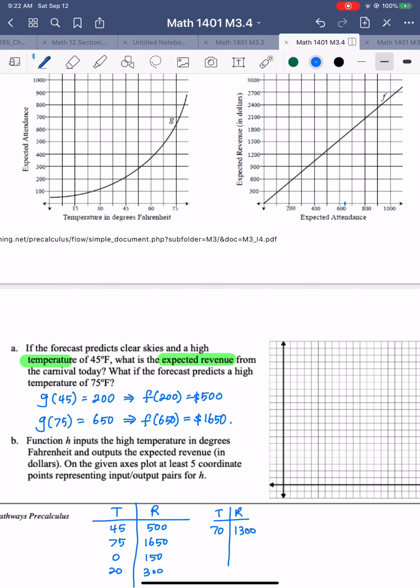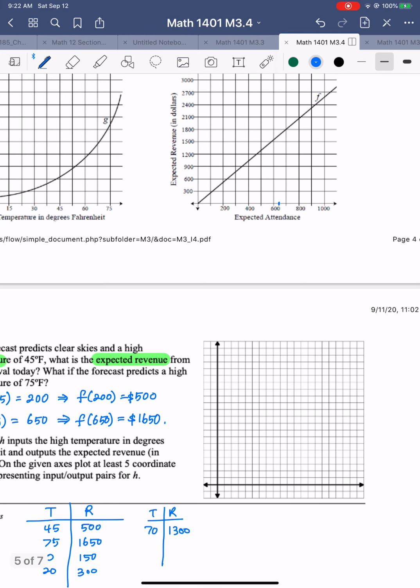Okay. Now I'm going to plot them in. Let me label first, okay? Each interval on the x-axis I want to say 10, 20, 30, 40, 50, 60, 70, 80, 90, right? So 10, 20, 30, 40, 50, 60, 70, 80, 90. And then on the y-axis, I want to use